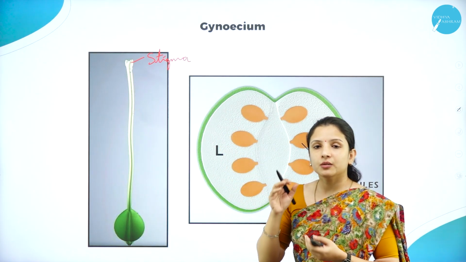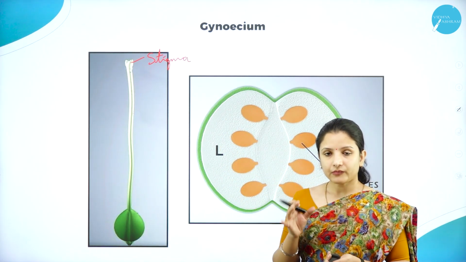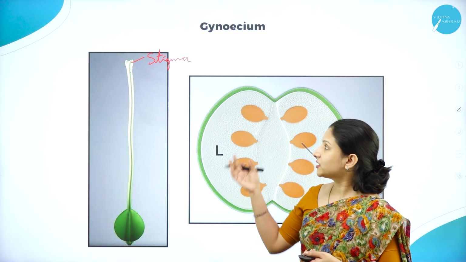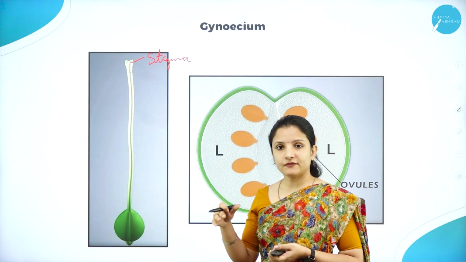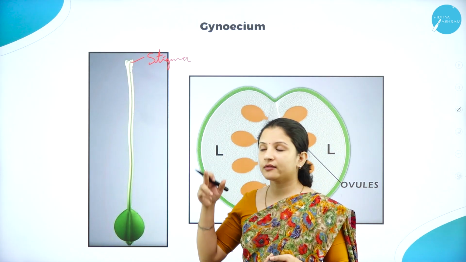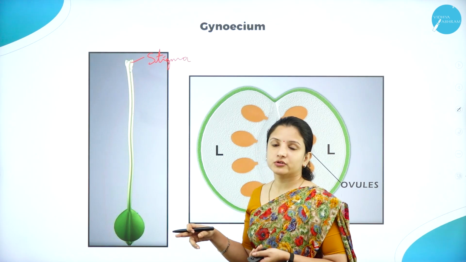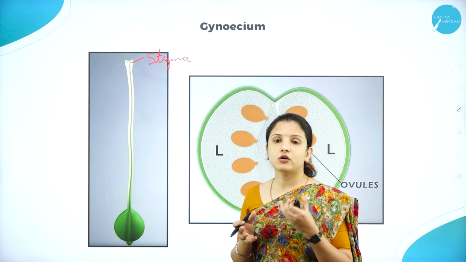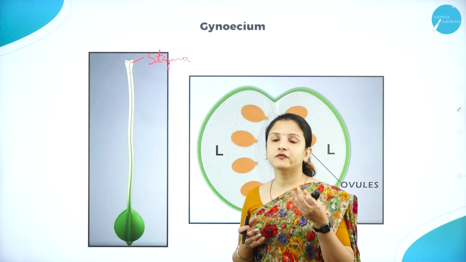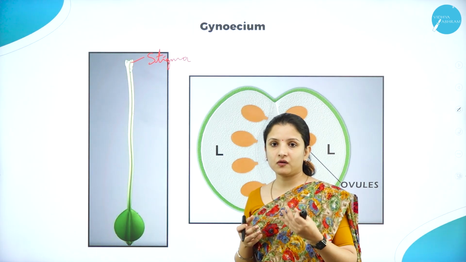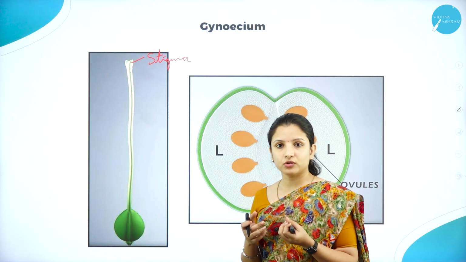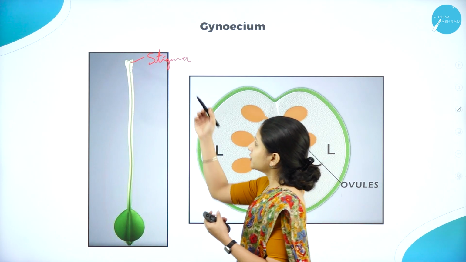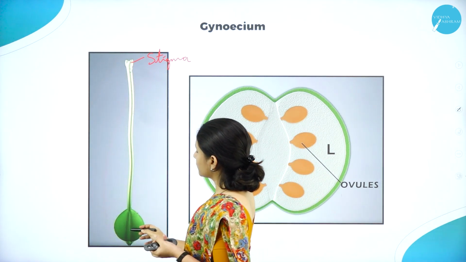Why? Because the pollen grains that matured inside the anther, once they come out of the anther, will come and fall on the stigma. Once they fall on the stigma, they will germinate and start producing the pollen tube. Therefore, the stigma is the receptive part of the female reproductive part of the flower, which receives the pollen grain, or forms a bed for the pollen grains to come and fall. This stigma should be connected to the ovary.